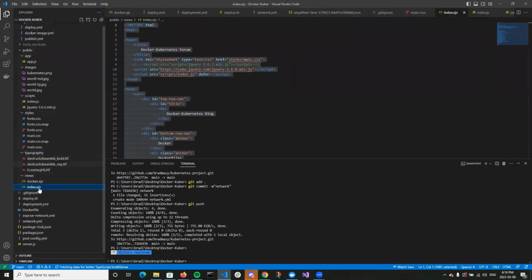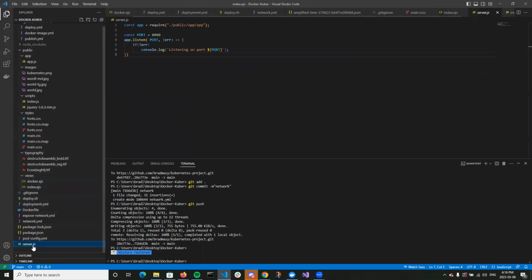And then you can see we have our server here. Again, it's really simple right now. I'll add more content to it by the end of the week for the demo Friday.